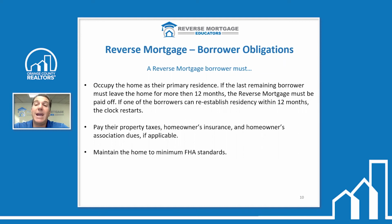If you don't pay your HOA, it's not necessarily that we're going to foreclose, but HOA can foreclose. So no matter what, let's pay all these things so you don't have to worry about being foreclosed on. Finally, you're going to maintain that home to FHA standards. What does that mean? It just means keep the house in the condition that it was when you got the